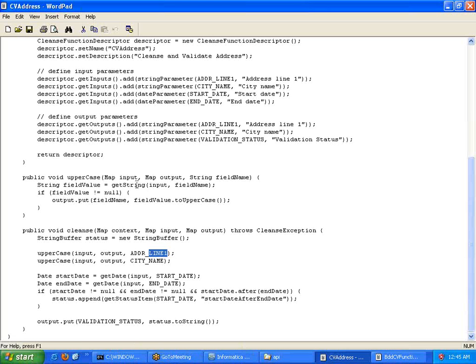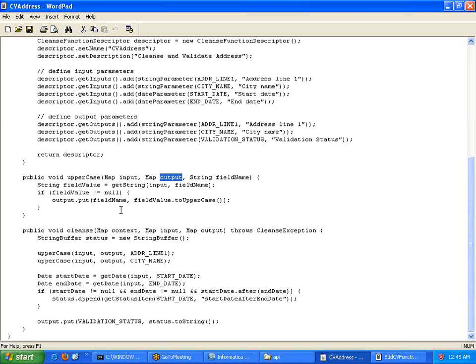Once we pass them, we are going to read this input data, check for nullability, and convert it to uppercase. This is the actual Java method which is used to convert lowercase characters to uppercase. Remember. So we are reading it and checking for nullability, which means if you have passed some data, it is going to populate the data to this output object, which is of map type.